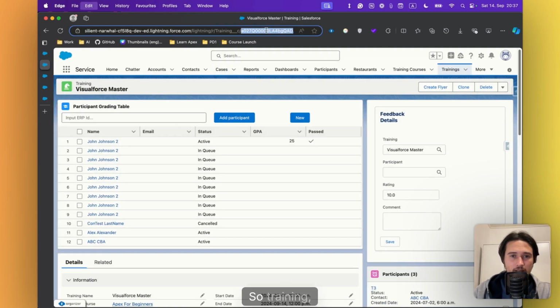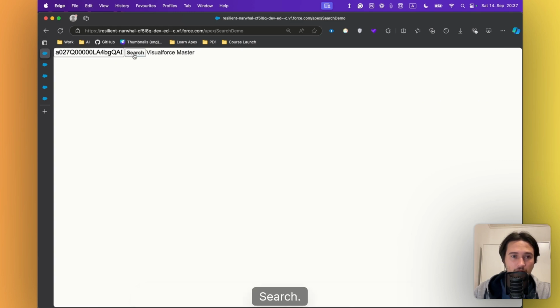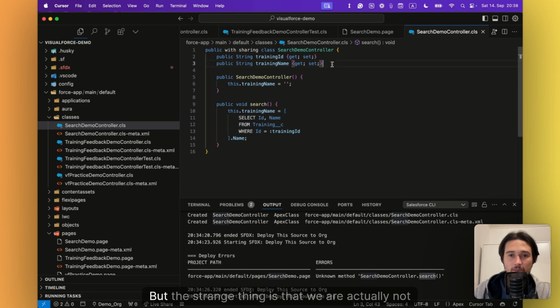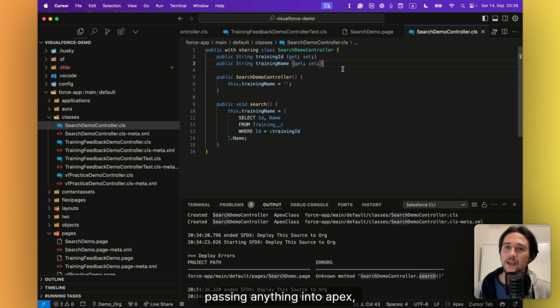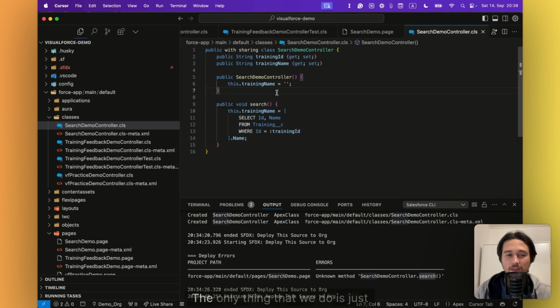Right. So for training, I'm going to put the training here, search, and it returns something, right? It returns Visualforce-Master. The way it works is that you can already see it. We have a SOQL query here, right? But the strange thing is that we are actually not passing anything into Apex, right? We're not passing something directly into the method here, right? The only thing that we do is just